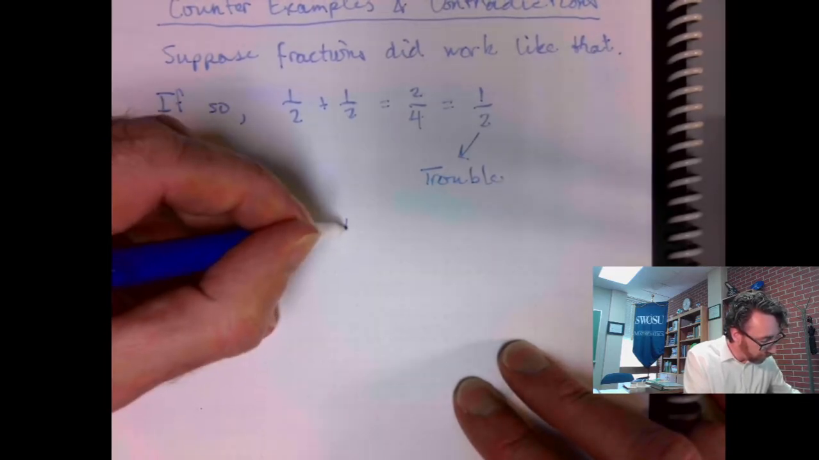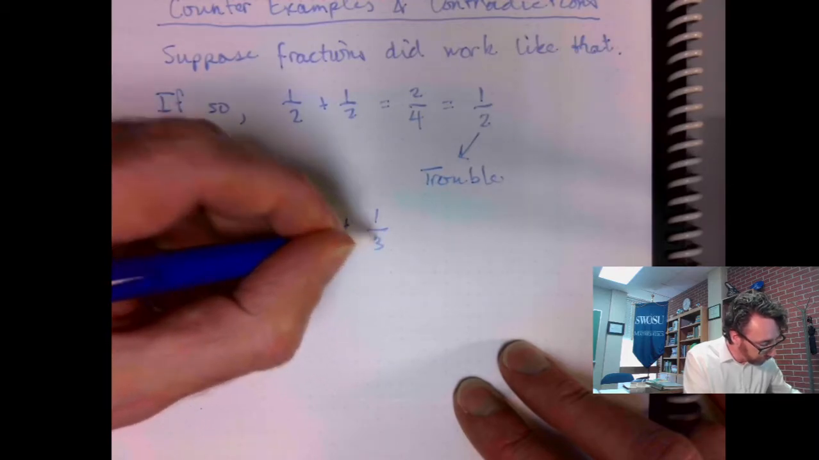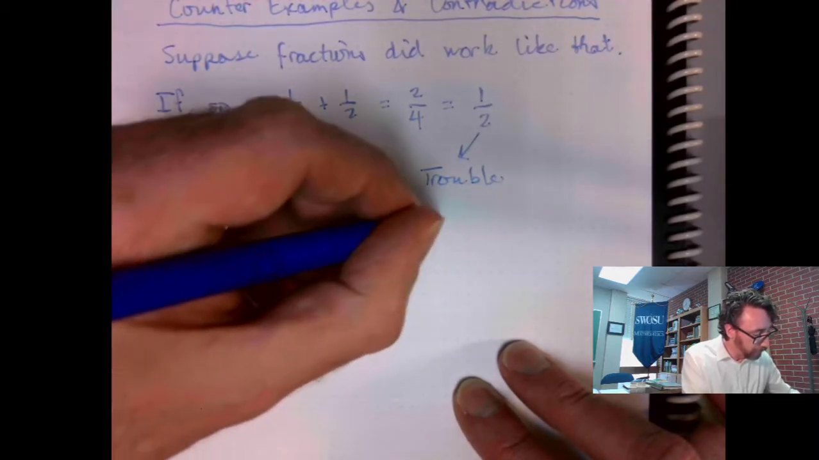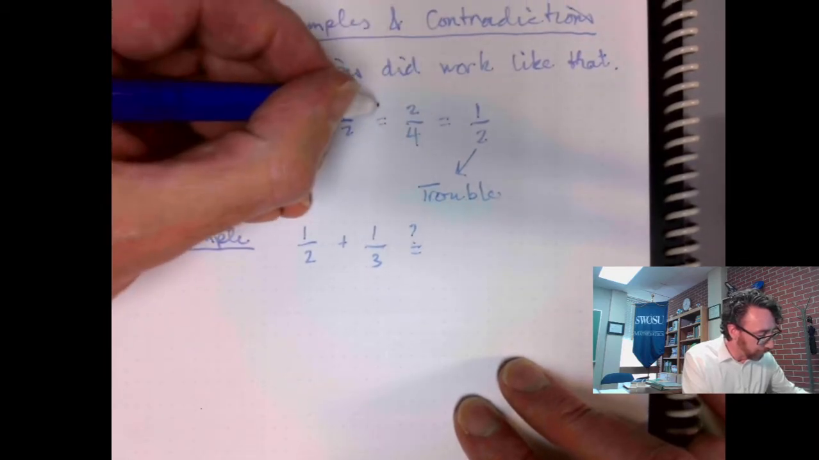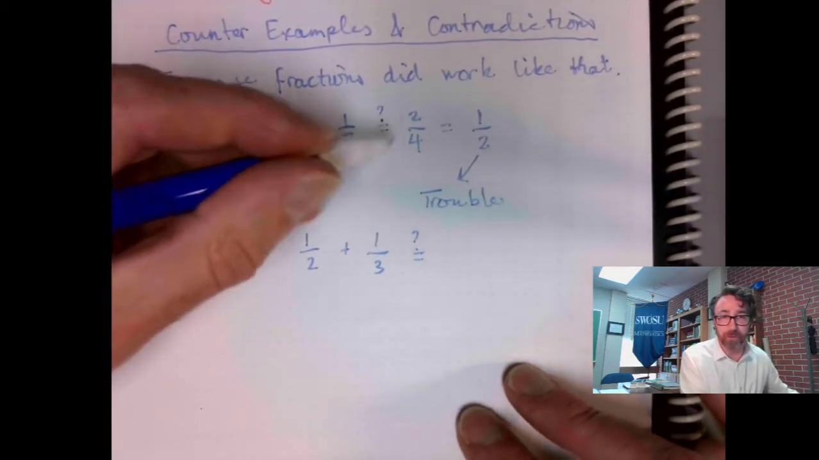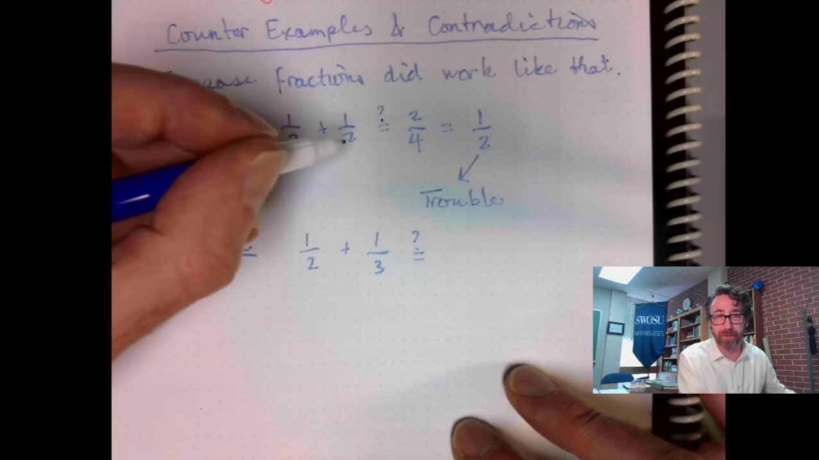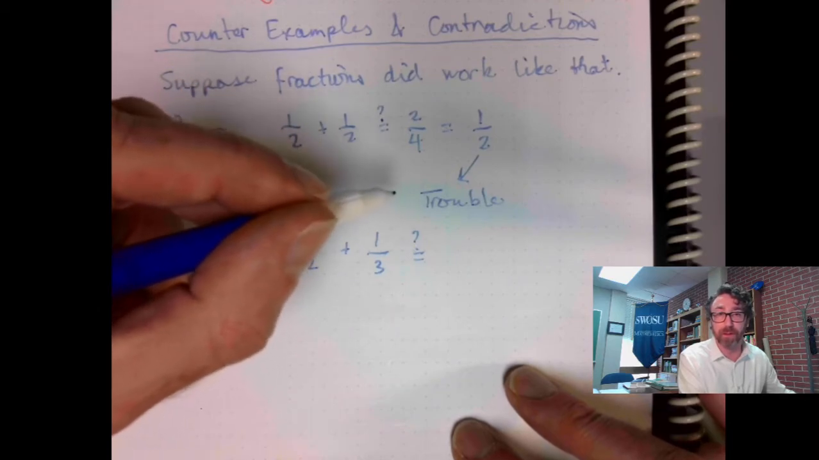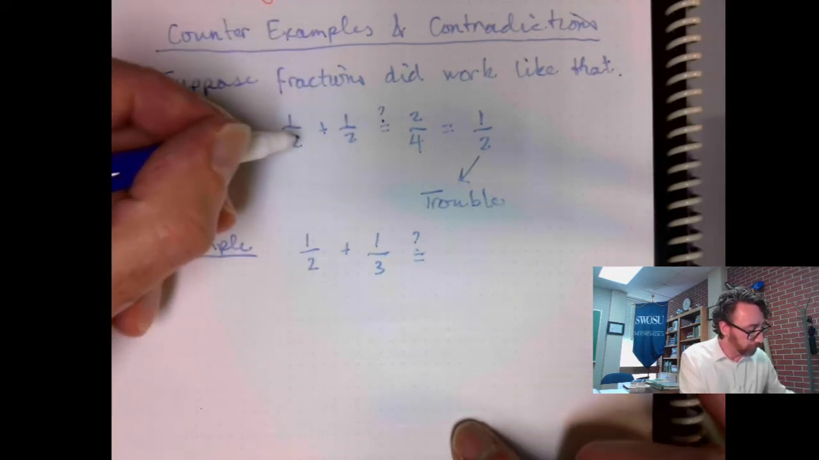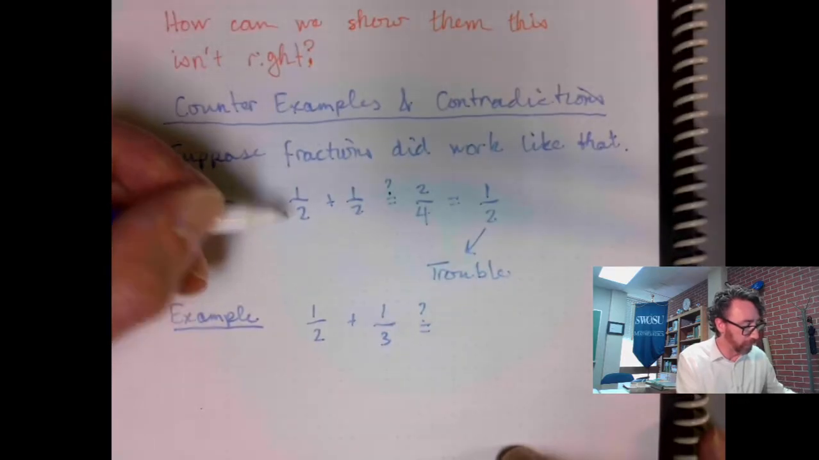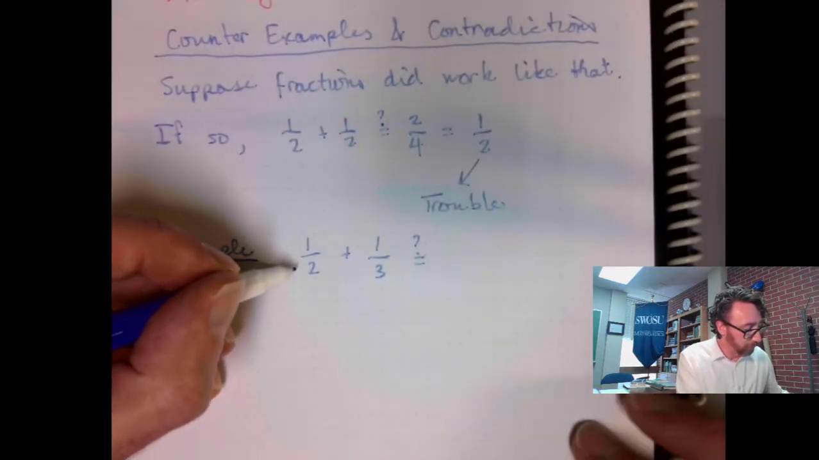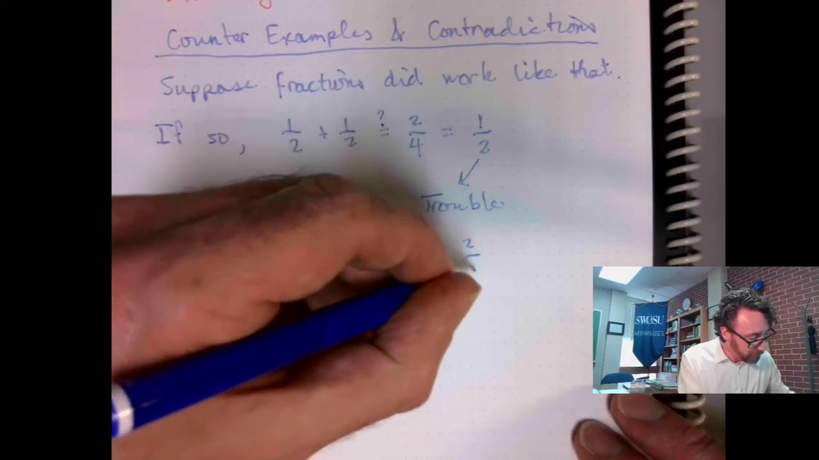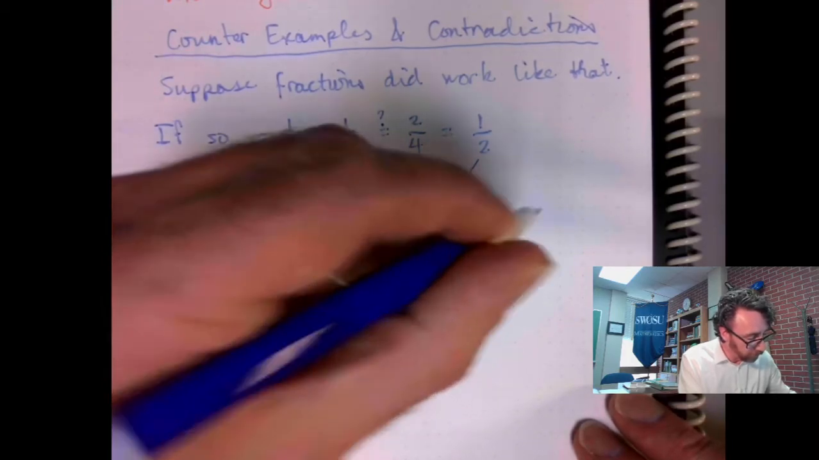If I could add fractions like that, if this were true, and let me put a question mark over here, because we know this isn't really true. 1/2 plus 1/2 is supposed to be 1, but if I'm doing that, then I would do that. Okay, suppose I were to add this by saying this is 2/5. Well,